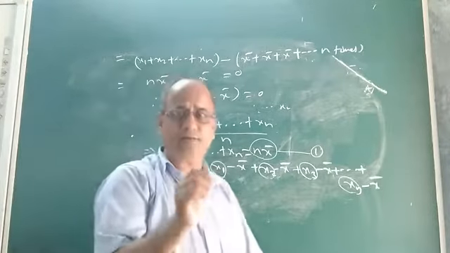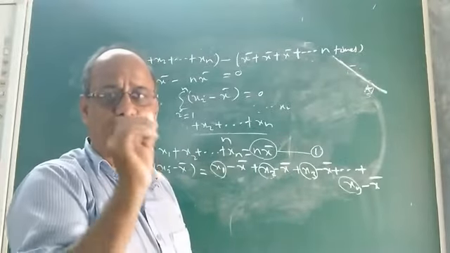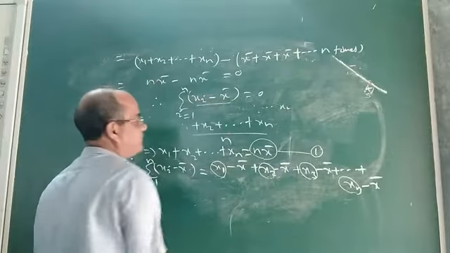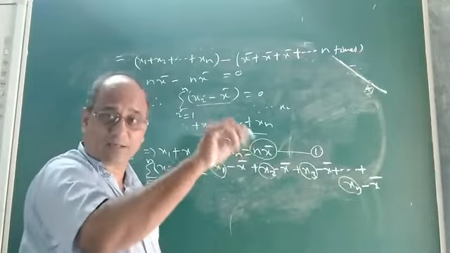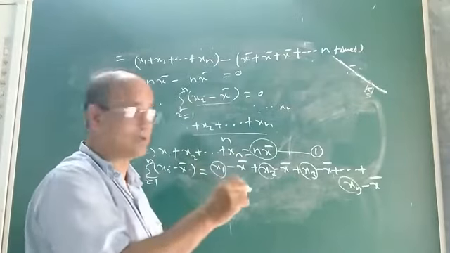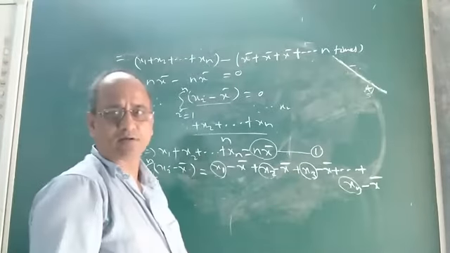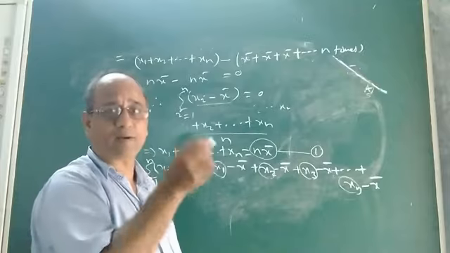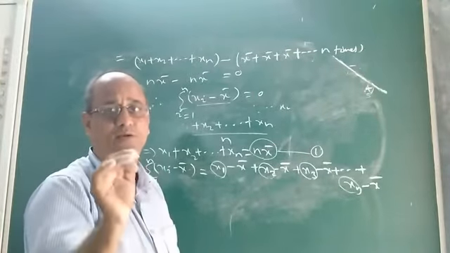So if x bar is the mean of n number of observations, that is x1, x2 up to xn, then the summation of xi minus x bar. That means it is the sum of deviation. You see, xi minus x bar. Sum of xi minus x bar. X bar is the mean. Sum of xi minus x bar will be equal to 0 if x bar is the mean of n number of observations, namely x1, x2 up to xn.